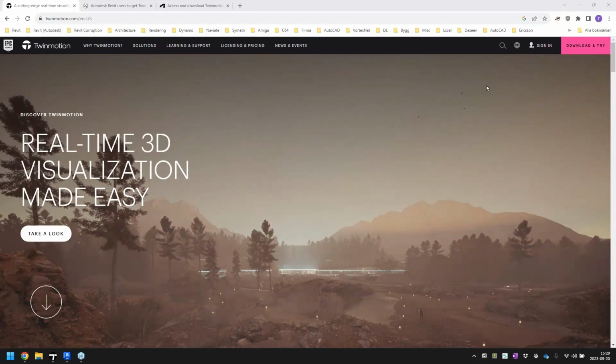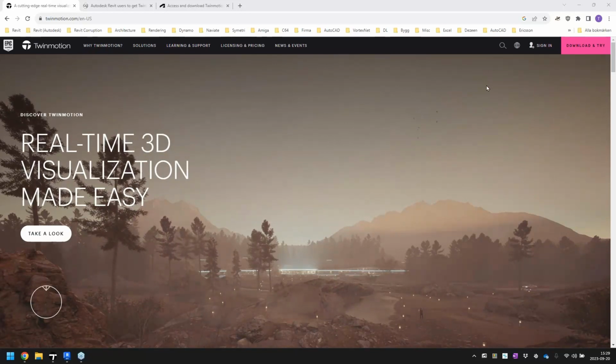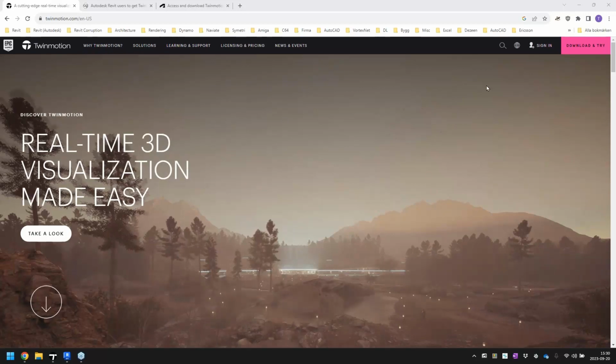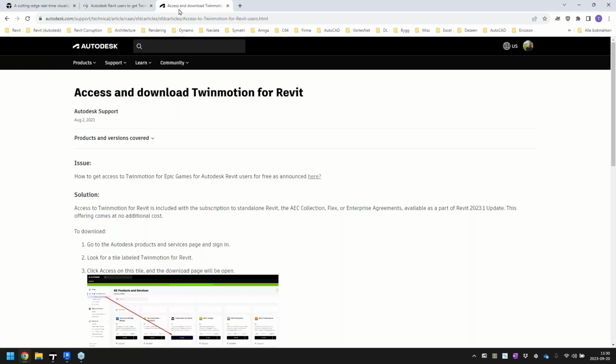So I would like to tell you a bit about how you can use a really good opportunity to try out Twinmotion, which is a real-time visualization program. And Twinmotion is actually part of the package that you have available if you have the AEC Collection. So it's supposed to be for Revit. It says Revit there, so that Revit people get it, and it's mentioned everywhere that this is for Revit, but well,